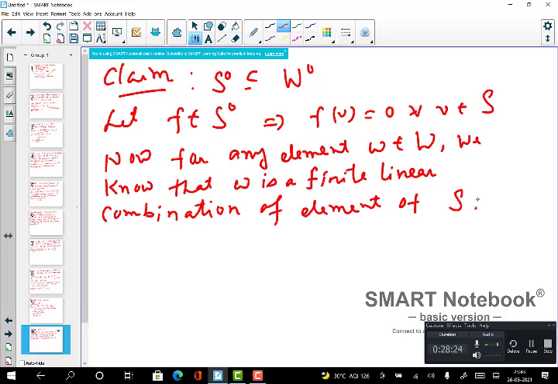That is by definition, because W is the space spanned by S. So every element of W is a linear combination of elements of S. But if f sends every element of S to 0, and hence,